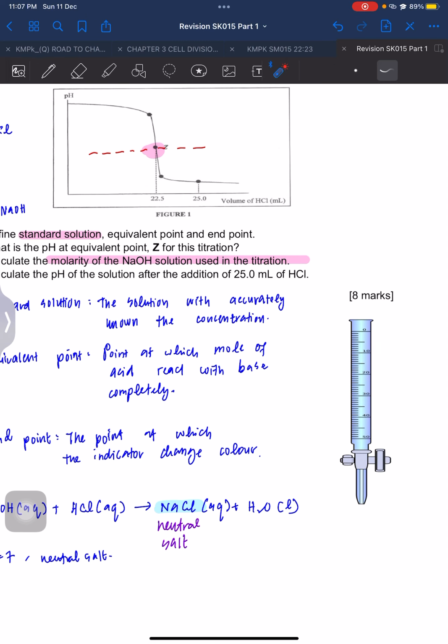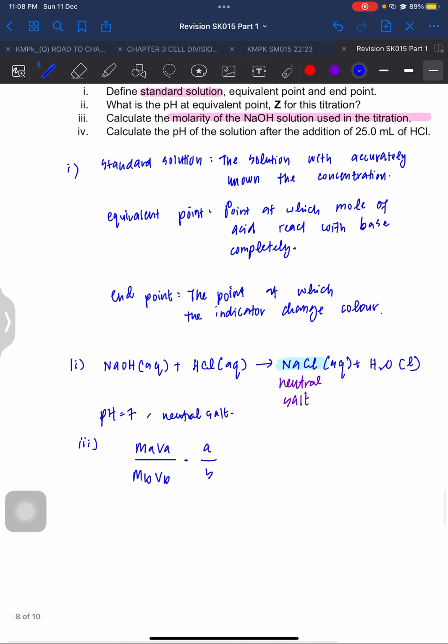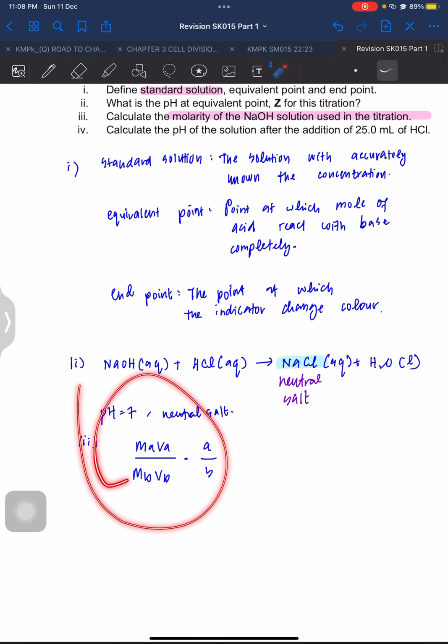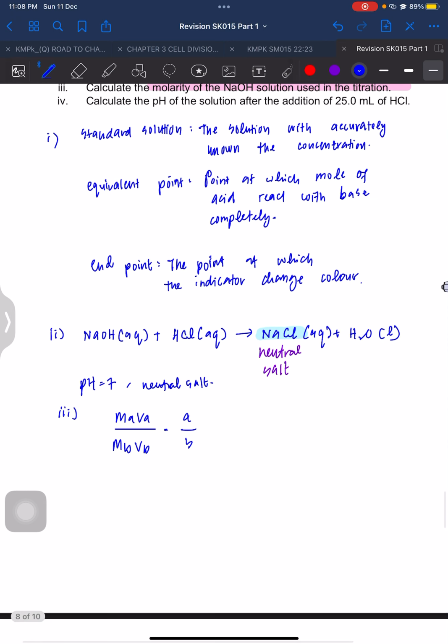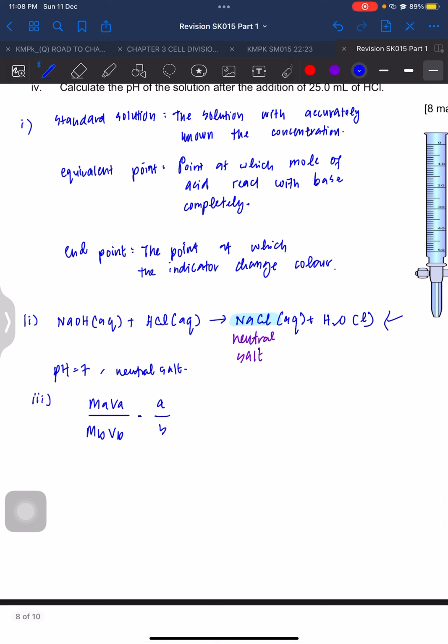Okay, because this is the neutralization. Yang kita guna tadi adalah pencairan. So tak boleh. Kita kena guna formula MAVA is equal to MBVB, A over B. Okay, ataupun you nak kira satu-satu pun boleh, but I suggest you to do like this. But you must do your chemical equation first,